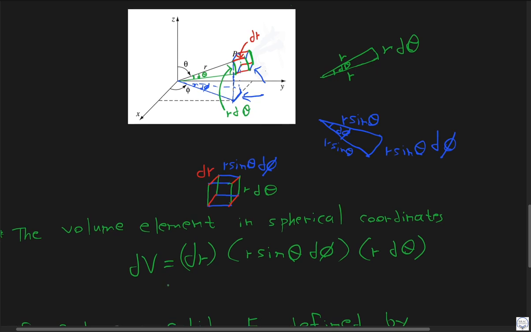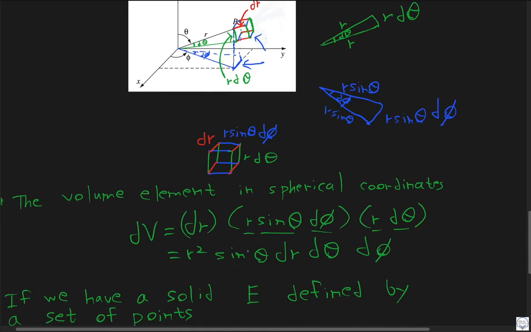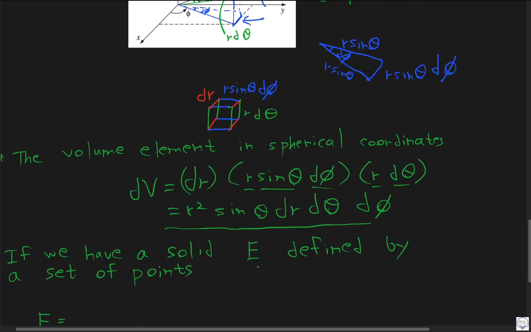Now, usually we will do the r integral first, so the standard way of writing this is we take these two r's, we get r squared, then we have sine theta left. Since the first integral we'll do is r, we have dr. The second integral we'll usually do is theta, so d theta. Then we finally have d phi, the last integral we'll usually do. So this is my volume element, dV equals r squared sine theta dr d theta d phi in spherical